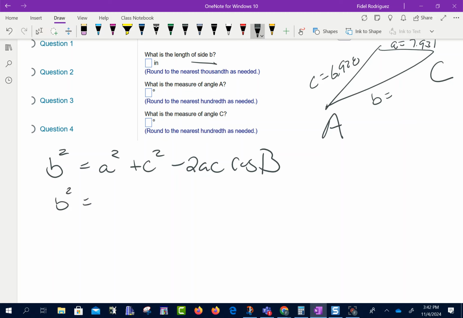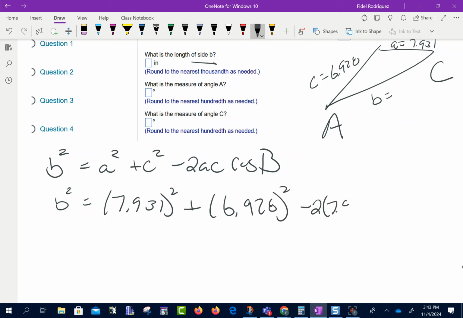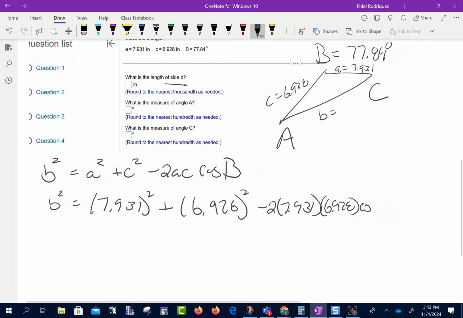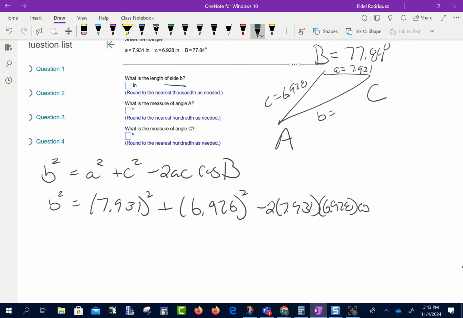So B squared equals 7.931 squared plus 6.928 squared minus 2 times both of those sides, 7.931, 6.928, and the cosine of the angle B, which we knew was 77.84